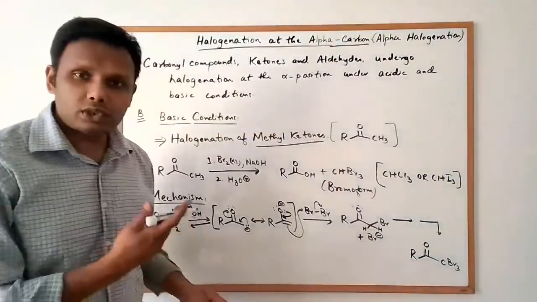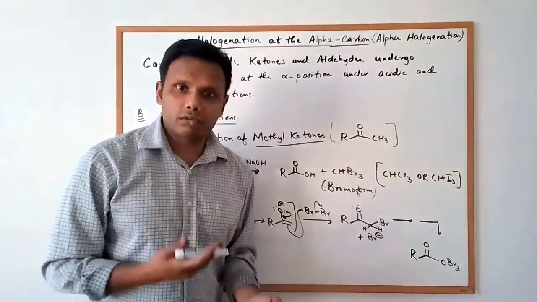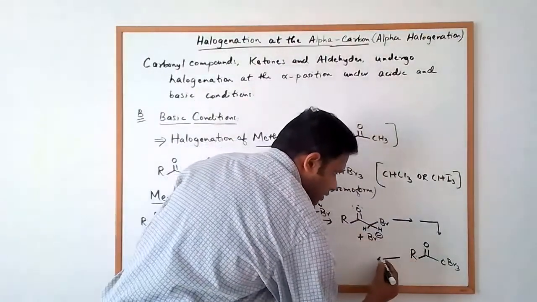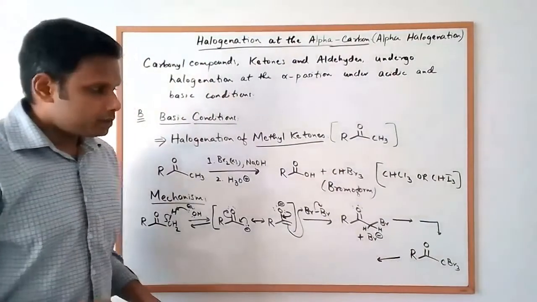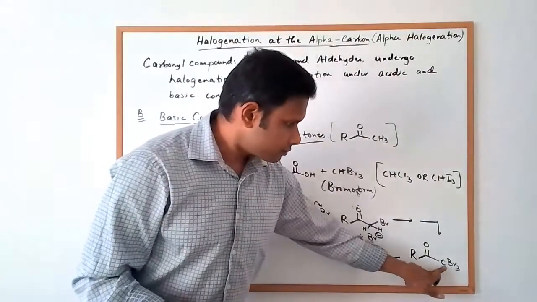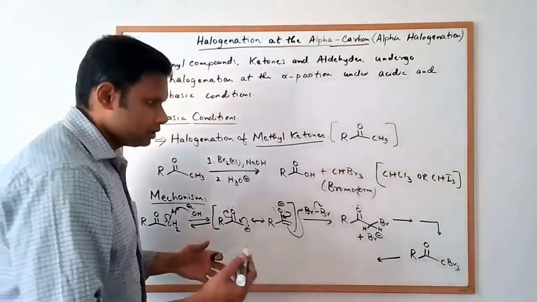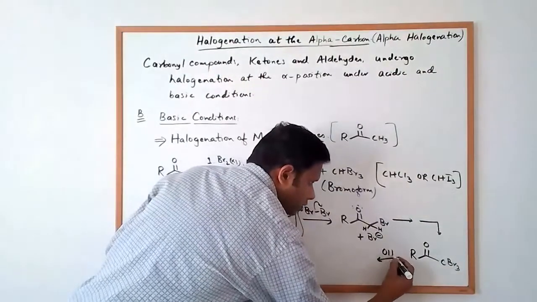So we should get to this tri-halogenated product. Now, once you get to this tri-halogenated product, since you have the alpha carbon with three halogens connected to it, now here the base,